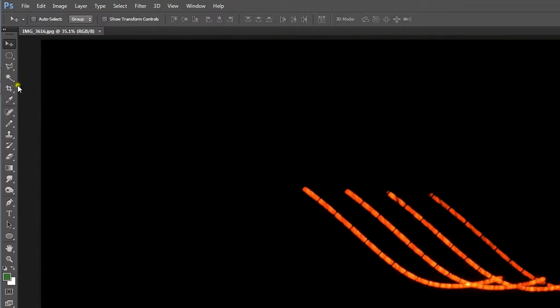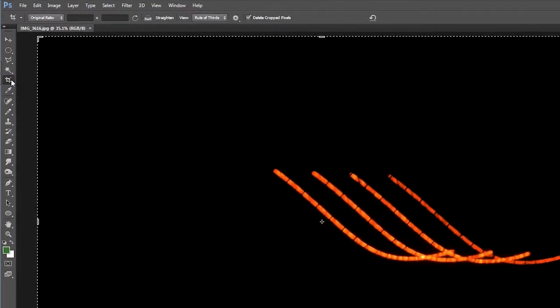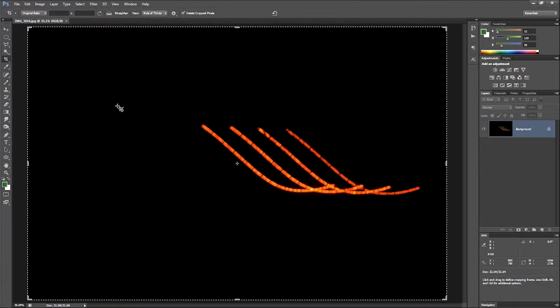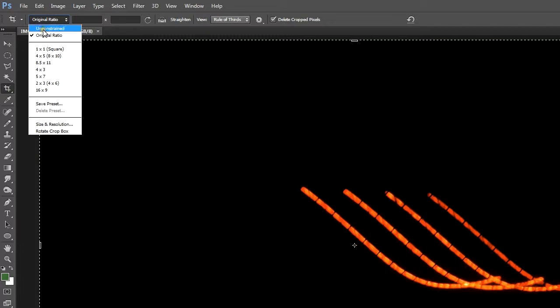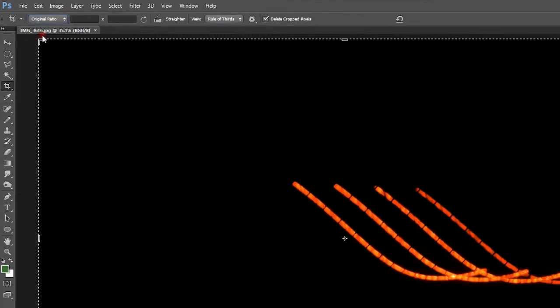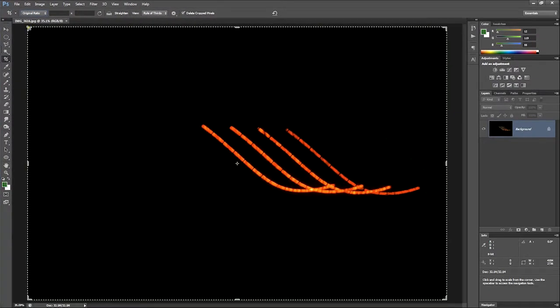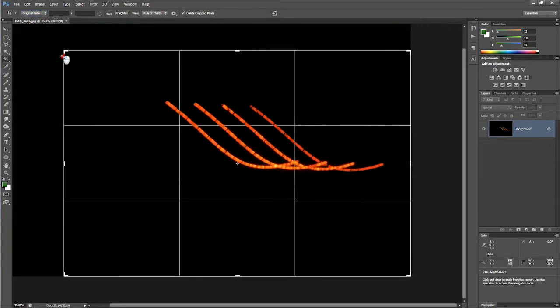So in Photoshop, I click on the crop tool, and here are the crop boundaries. Now, just for consistency with other images, I'm going to crop at the original ratio. I could crop unconstrained, which would mean that I can change it to any shape I like. But here I'm going to keep the ratio constant. So I'm going to grab the corner here